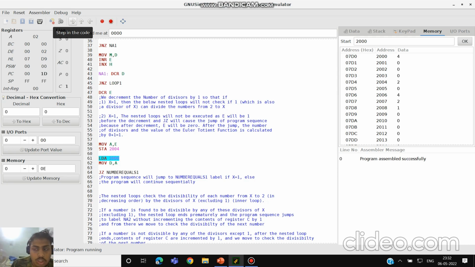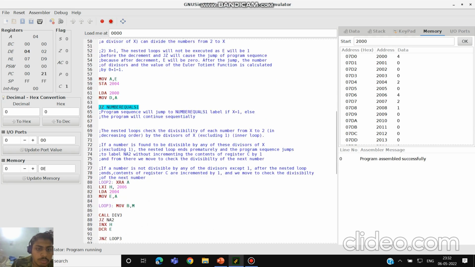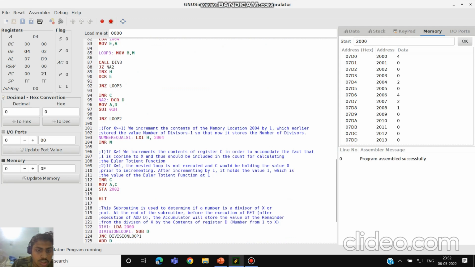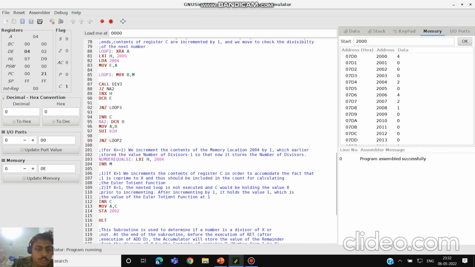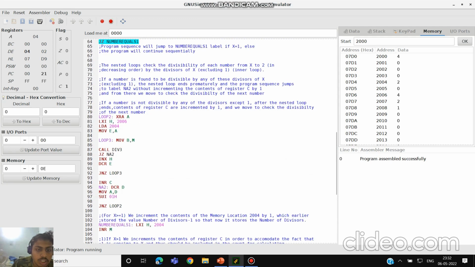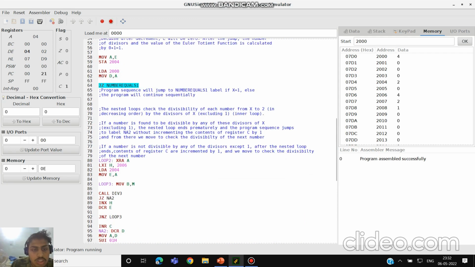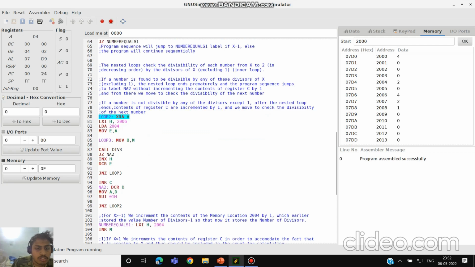So now we load accumulator with 2000 again, we move A to D. Now had it been that X had been equal to 1, we would have jumped directly to this point, which we would also come after executing the nested loop in this case, because X is greater than 1. So we come here, A is refreshed in every iteration, LXI H 2006,